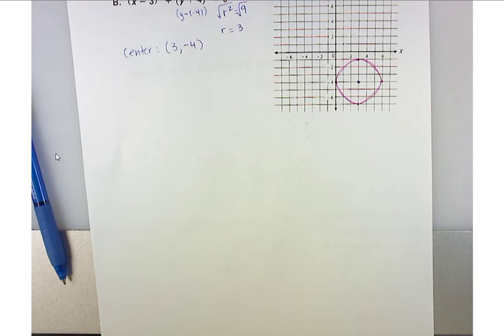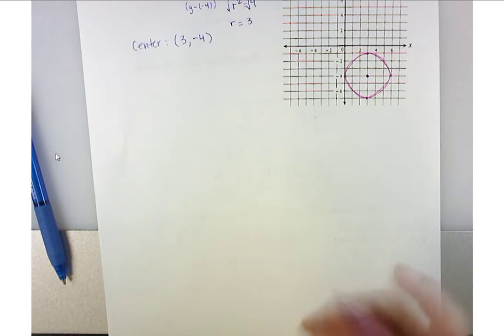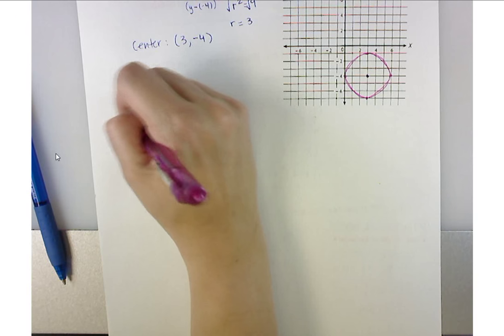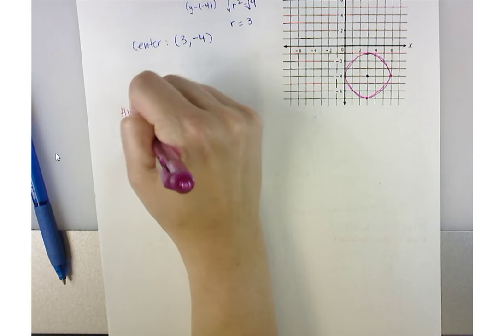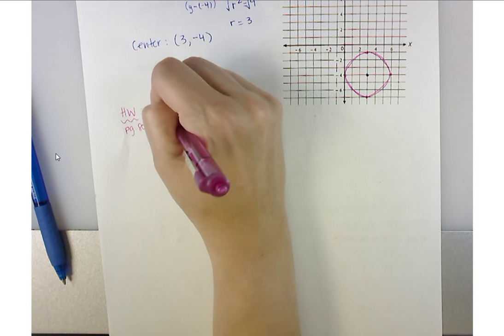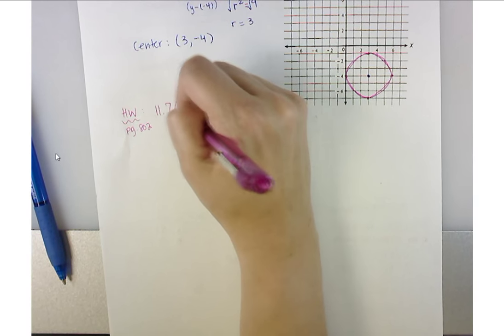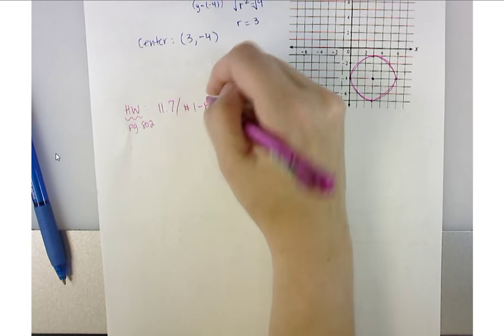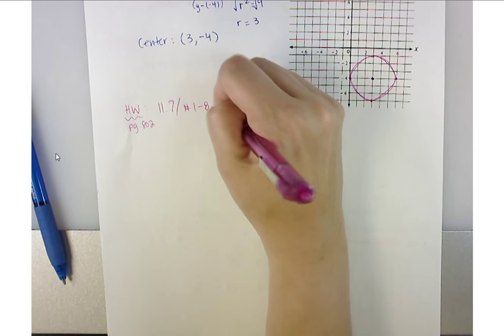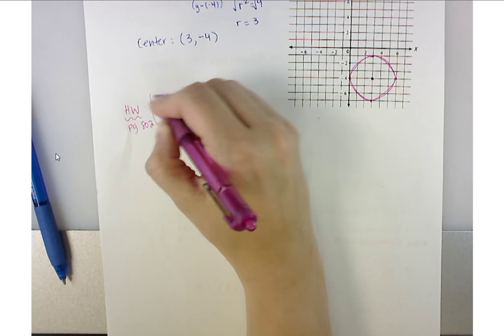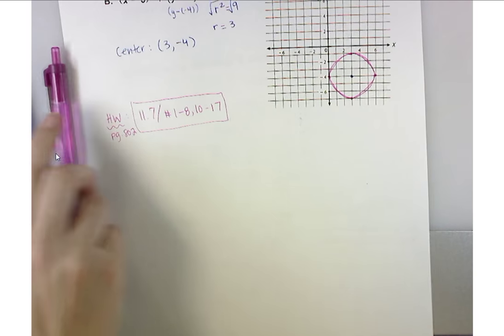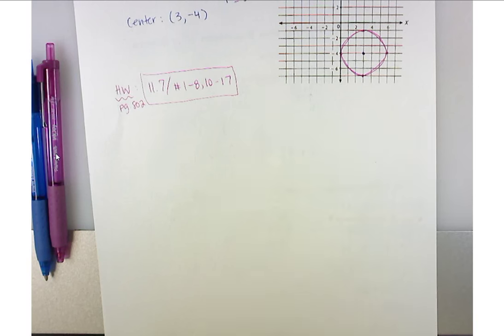Okay? Alright, so then your homework for tonight is on page 802. And then so after your quiz, you can do 1 through 8 and 10 through 17. Okay, and then once you have that written down, just go ahead